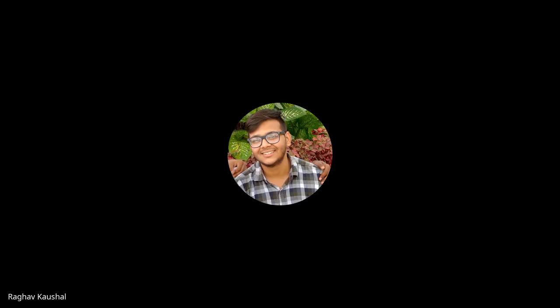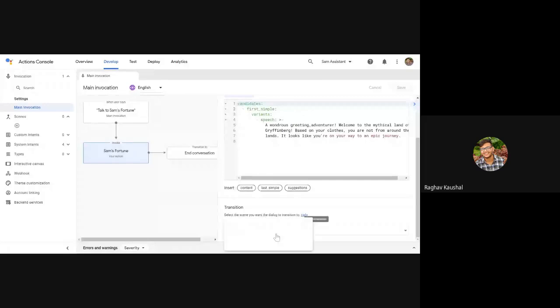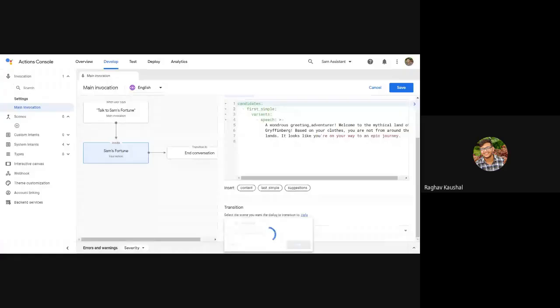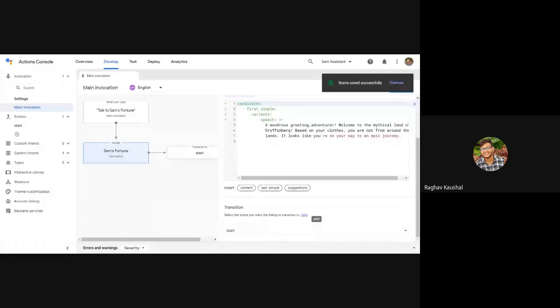So you can add. Okay. So this is a block here. So I'll add a transition called start, and then click on add button or click on enter. Okay. Nothing like start is created now. We are creating it on our own, like it is not pre-default or something. So start will be our scene, the first scene where our actual movie will start. Okay, it will say scene saved successfully. So just click on save then.